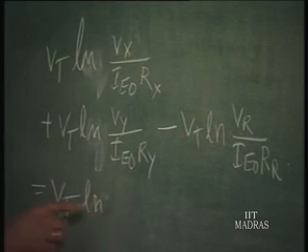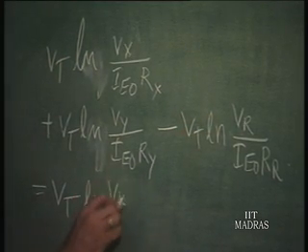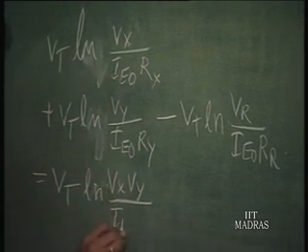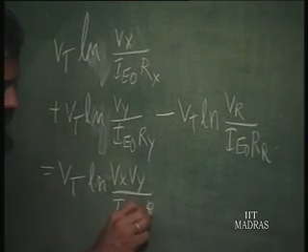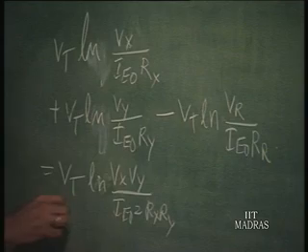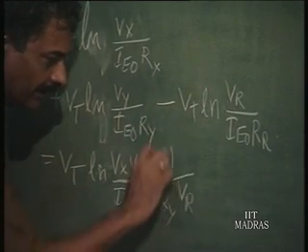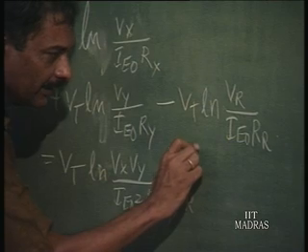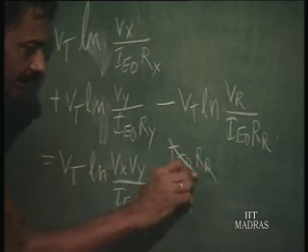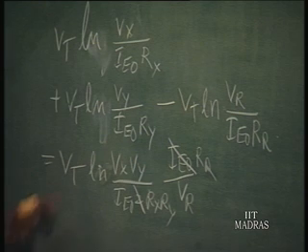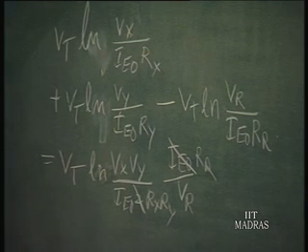So, Vt ln Vx Vy divided by IE naught squared Rx Ry, this is multiplied and this is divided by Vr. You can see that there is a cancellation of one IE naught taking place automatically. Then the other IE naught is essential